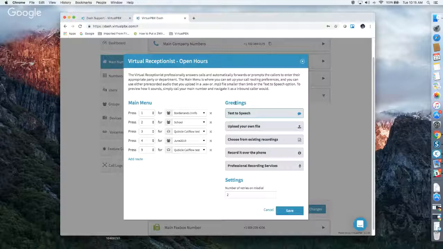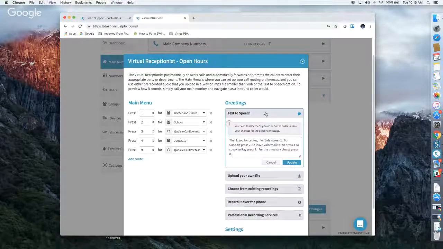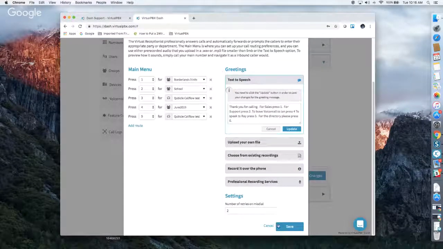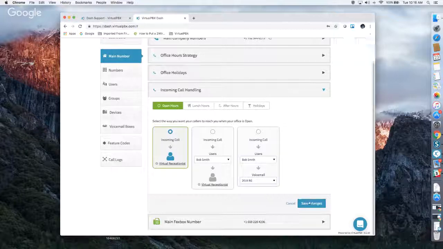Over here on the right, you have your greeting options, right? So this is what plays when the system first connects, when a caller comes in on that main number. Text-to-speech, type in what you want to say. And when you click update, and then you hit save. So if I hit save here, then you also need to hit save changes here, right? Whenever you make a change in the virtual receptionist, save and save changes. But then that text-to-speech greeting is ready to go,